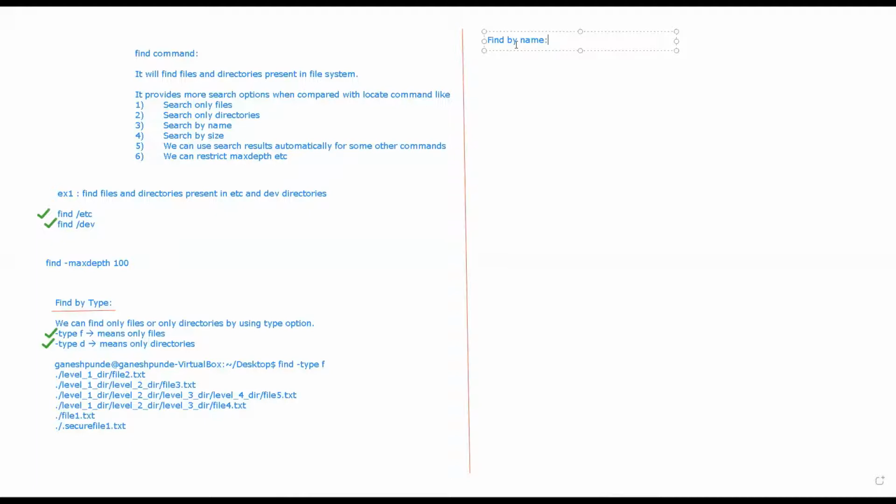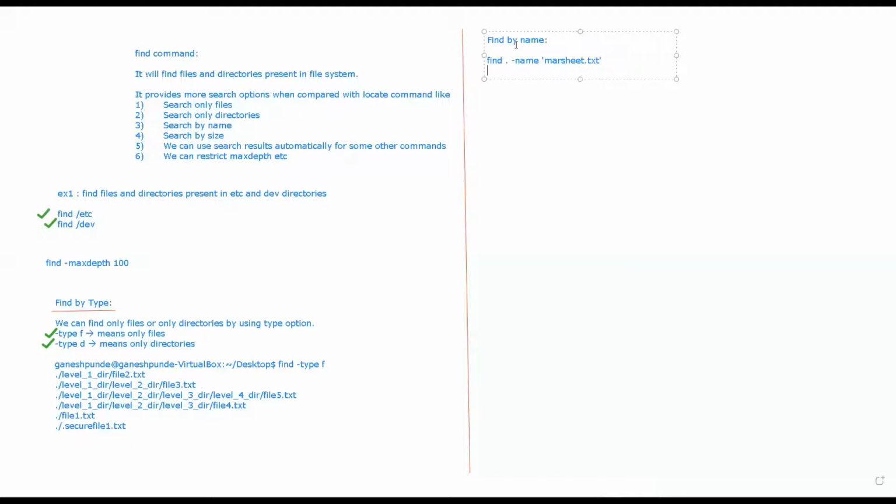So what should I say? I should say hyphen name, and suppose I want to find something like marksheet.txt. Now this will search for marksheet.txt.